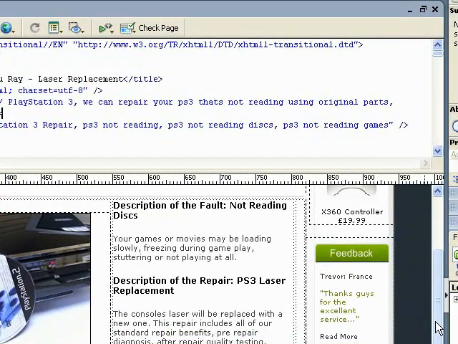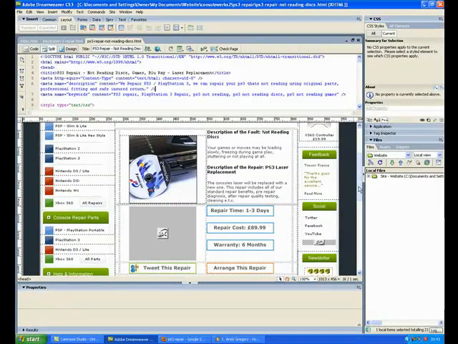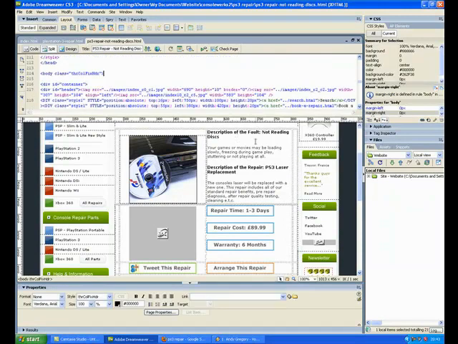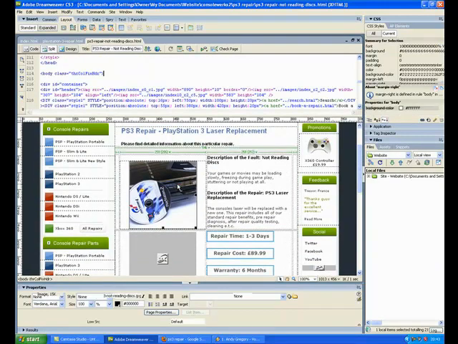Images. The first and foremost is with the image itself, and whatever the image is on your website, if it's related to the product and service that you offer, you want to save that image with the same as the actual page file names. Save the image with a file name that's relevant to what the image is about. So for example, this page is obviously all targeted to PlayStation 3 laser replacements, and if I click the actual image itself,